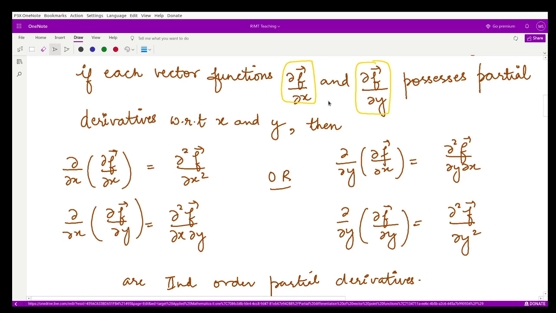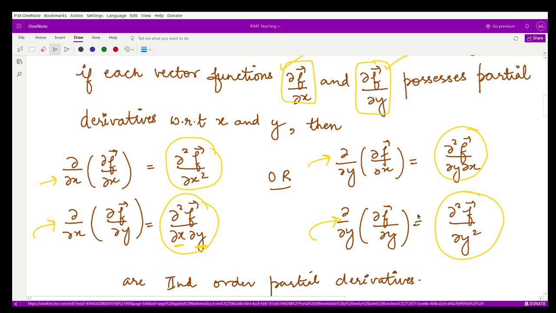You can take the partial derivative of this firstly with respect to x and then with respect to y. So you have this double derivative of vector f with respect to x, and the double derivative of vector f with respect to y and then x. And here you can take the partial derivative for this one again, firstly with respect to x and then with respect to y. When you take it with respect to x, you have this double derivative which is the mixed partial derivative, where you have performed the derivative firstly with respect to y and then with respect to x, and this is the second order partial derivative with respect to y.